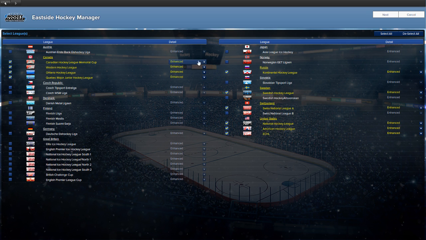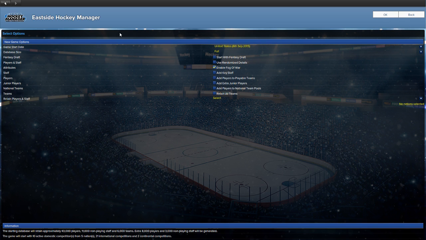So we've got these leagues. You can leave them all on enhanced if you wish. It won't have that much effect. However, if you're only going to play the NHL, nothing else, it's probably best for the European leagues to put them on view only. So they're still in the game. They'll still simulate a little bit better than they would these grayed out ones. It just means it won't take up that extra bit of processing power if you don't have a top of the range PC, for example, that can deal with all these leagues running at the same time. After you've picked your leagues, click next